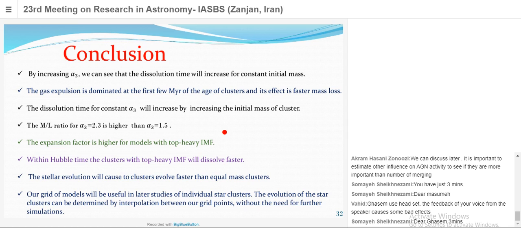Also, the mass-to-light ratio for canonical models is higher than for the top-heavy models. The expansion factor changes from 15 to 30 for different models, and we found a linear fit for that. Within the Hubble time, clusters with top-heavy IMF dissolve faster, and also stellar evolution causes the cluster to evolve faster. Also, our grid is useful for other models for checking the